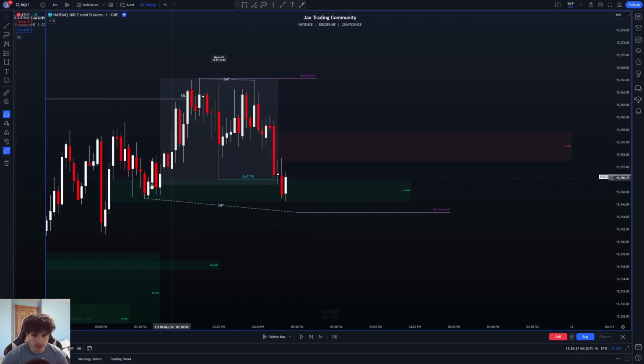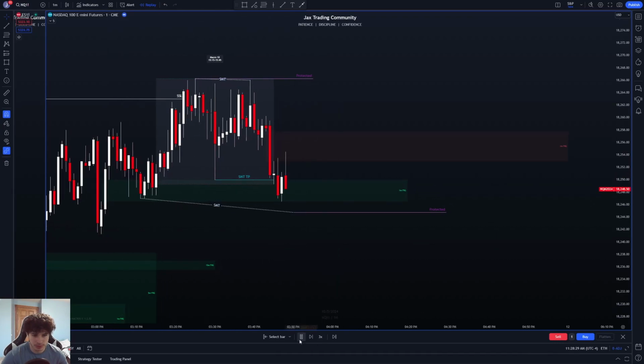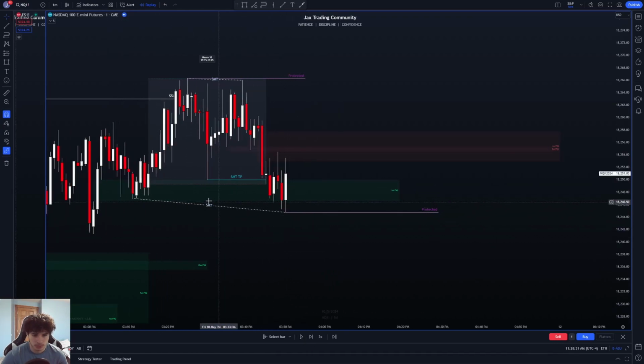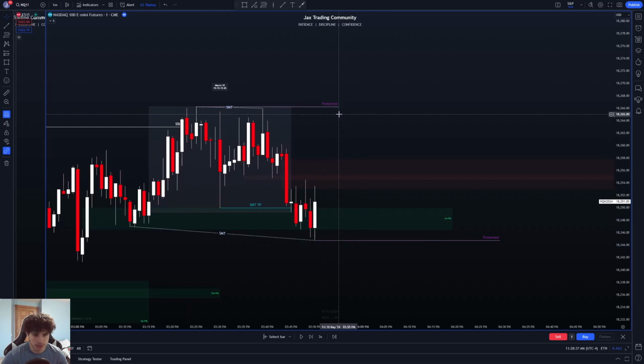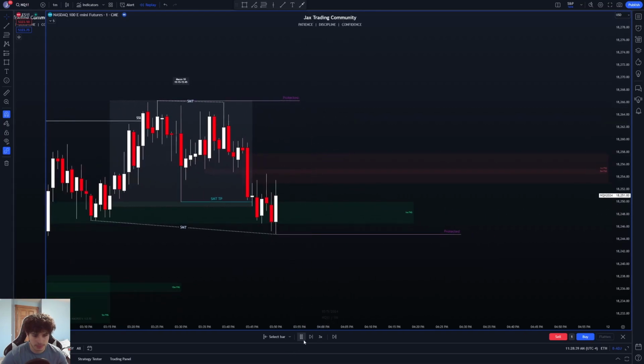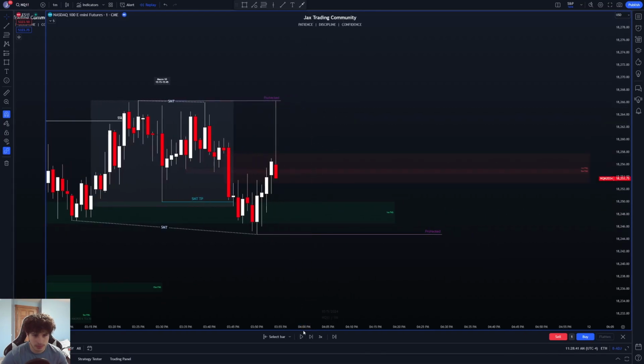We also have this 1 minute that's got previously respected, so we'll see it respected again. We create this SMT. You can see we don't even close below this 1 minute. This would be very bullish to then take out this protected high. Right here, we come up, take the protected high,